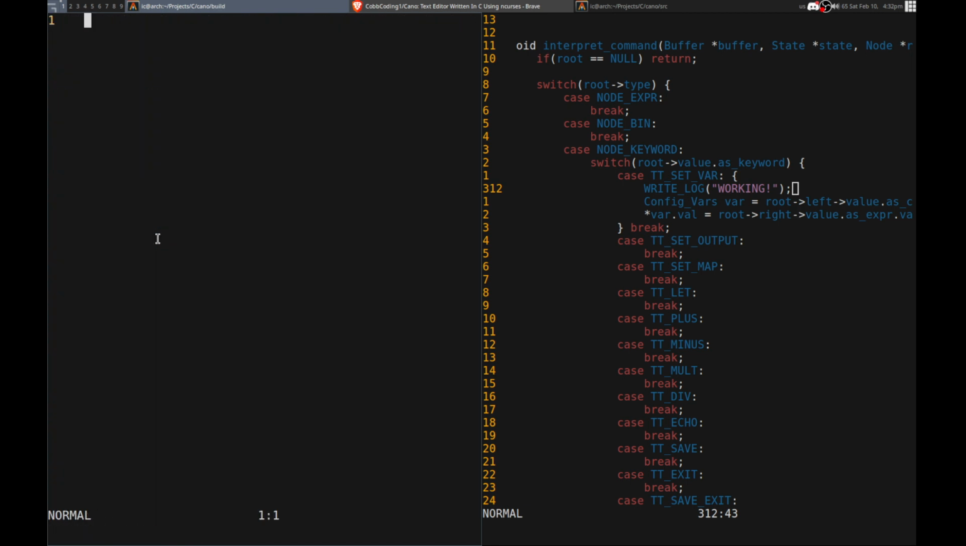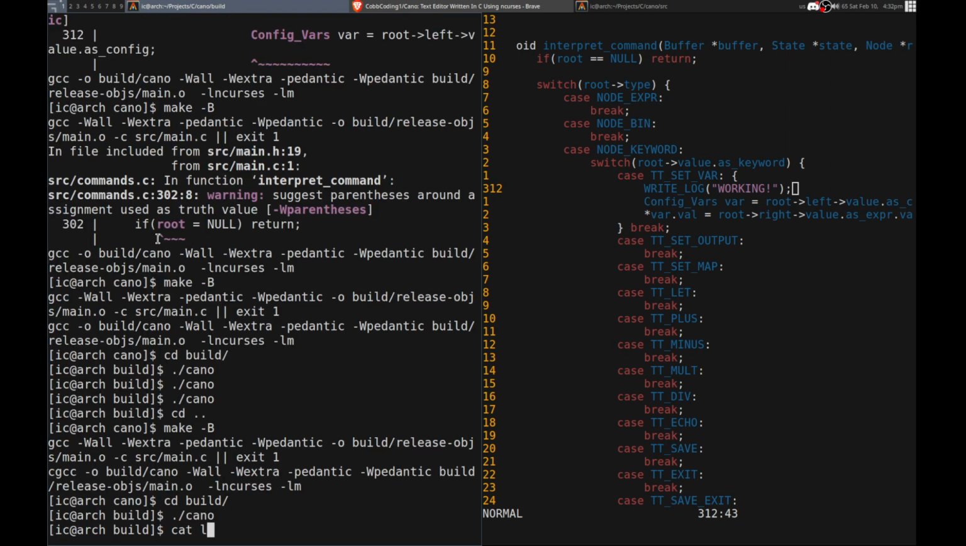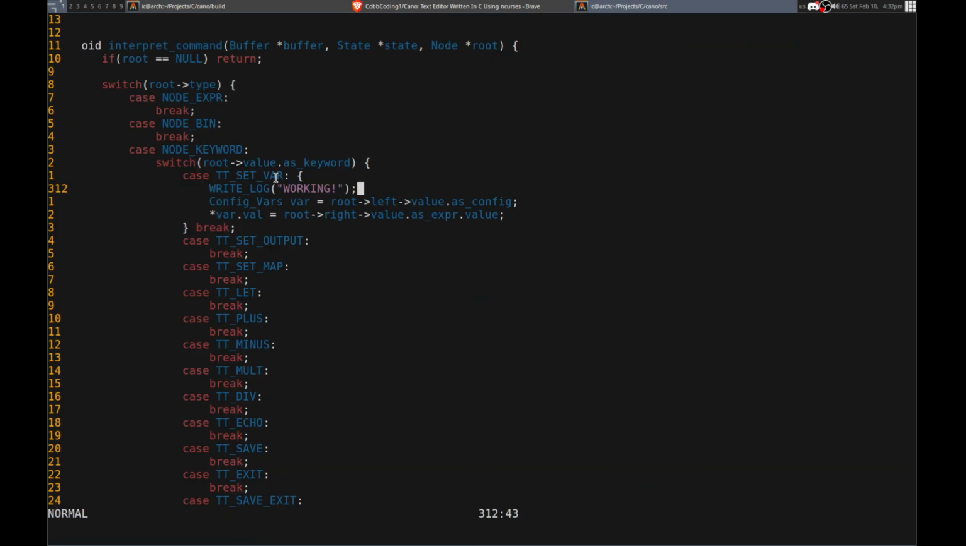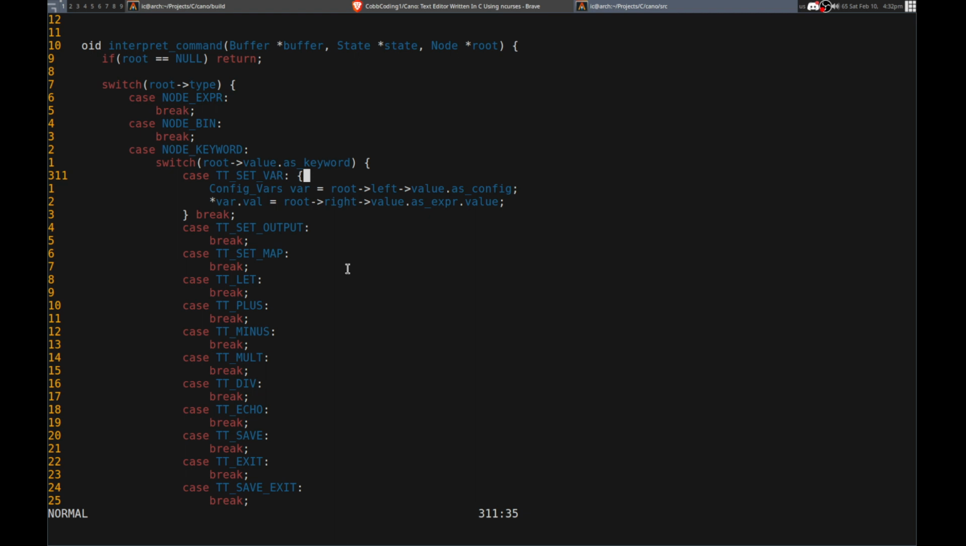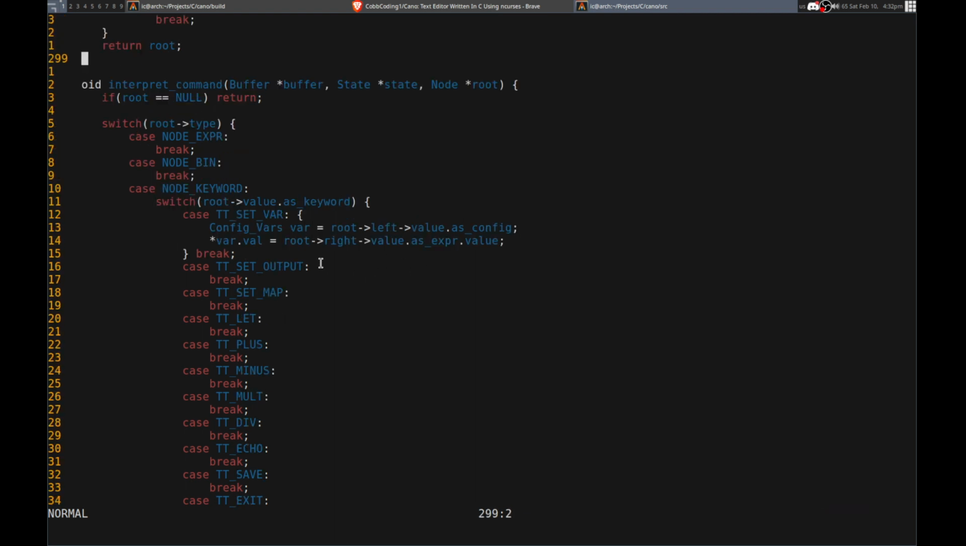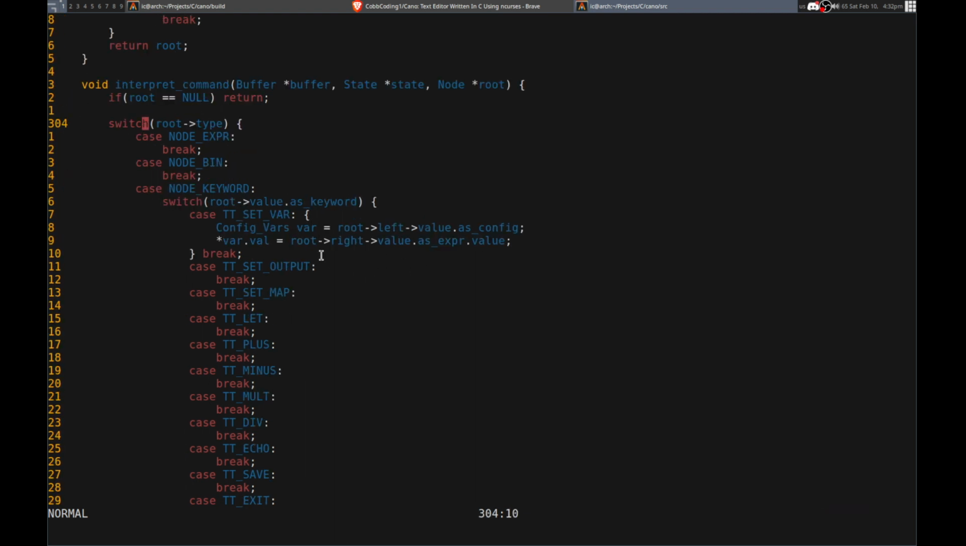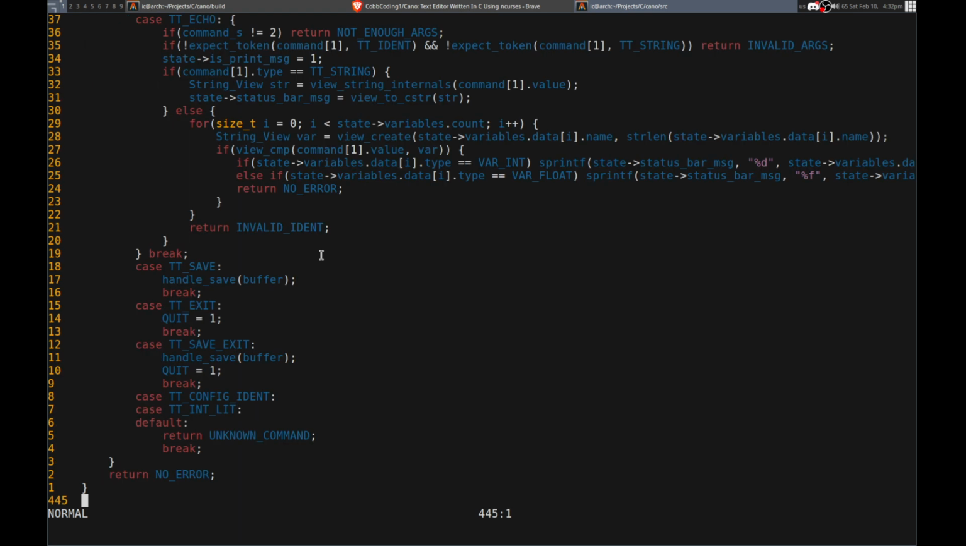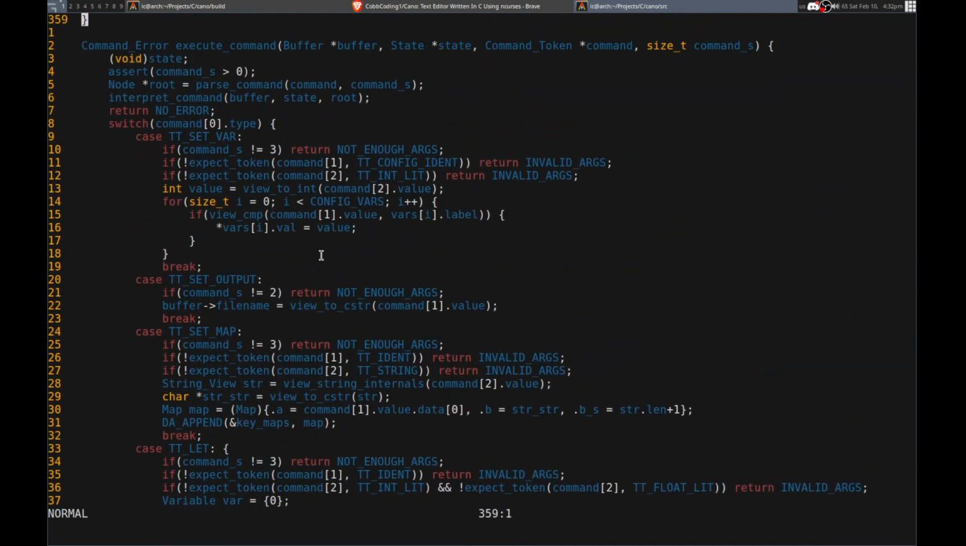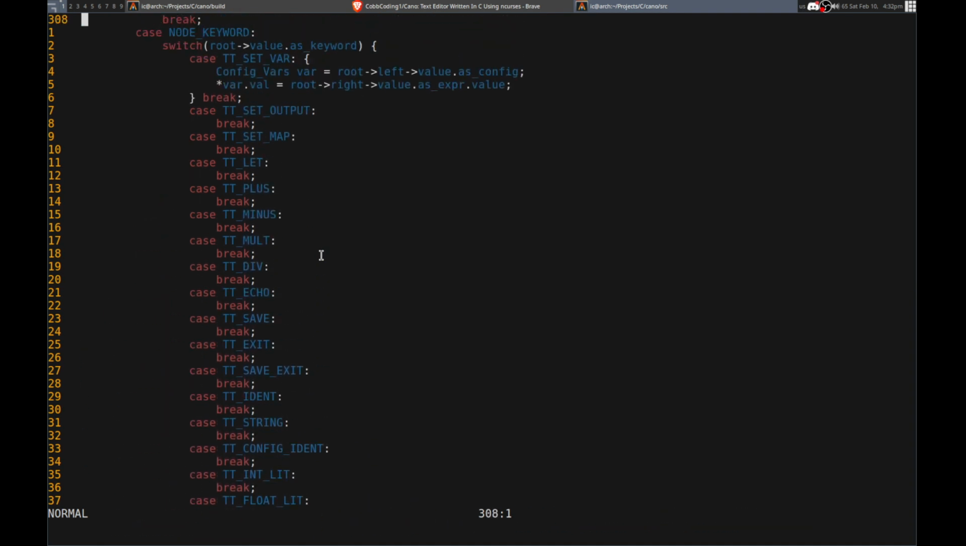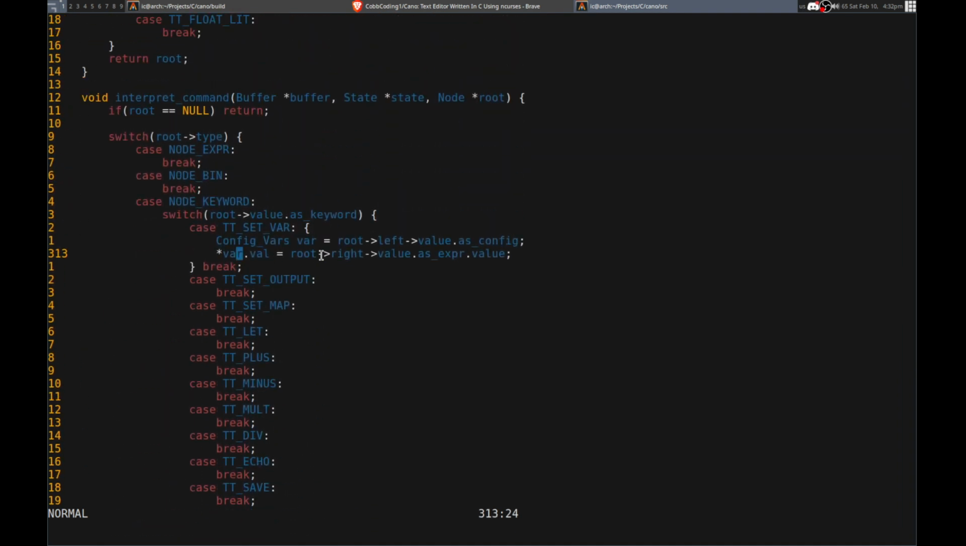Set var inlet 8. Working. Okay, so it seems to actually be working, first try. I'm pretty happy with that. Now we go, this as well. And then we can start working on getting the actual binary expressions to work, because those do